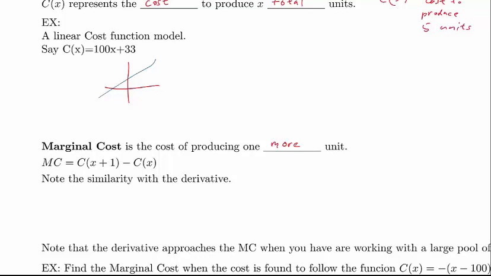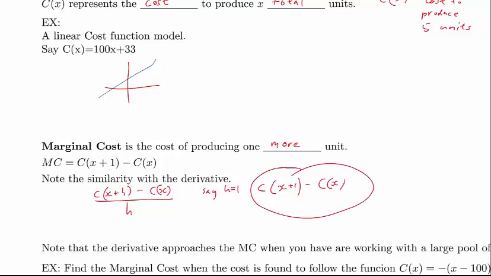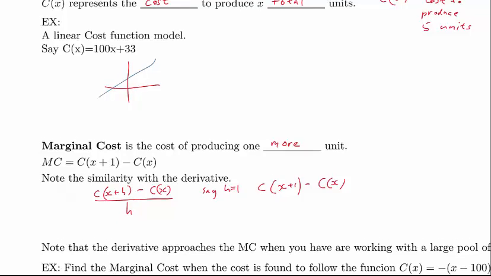So when you say C of x plus h minus C of x all over h, well, what does this mean, say, if h equals 1? Well, then we've got C of x plus 1 minus C of x all divided by 1. We can just ignore that in the bottom because 1 is always implied for multiplication and division. And note that this is exactly what we have for the marginal cost. And so we say that we can use the derivative